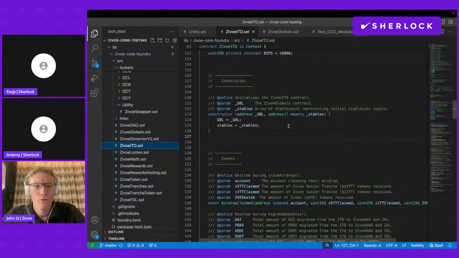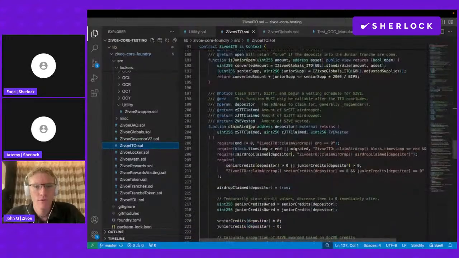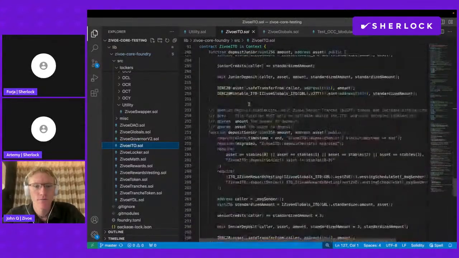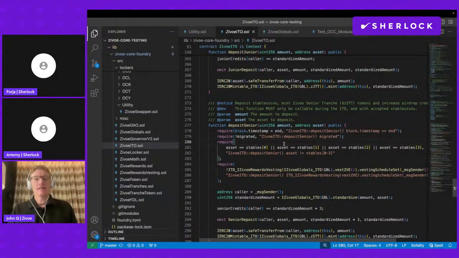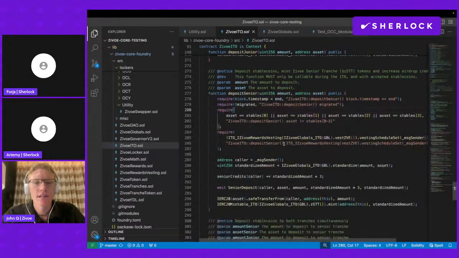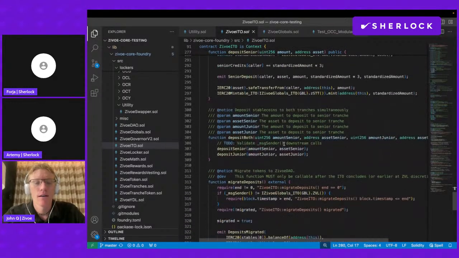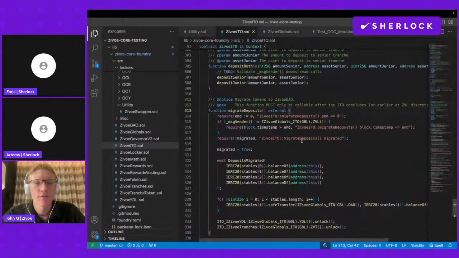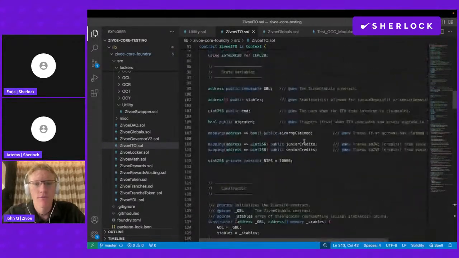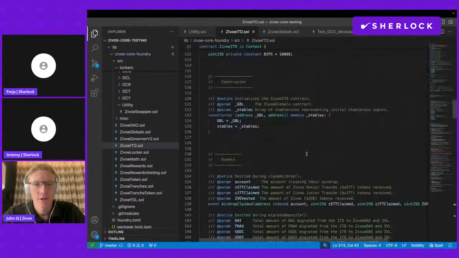And I can do deposit junior, deposit senior. And there is a set amount of ZVE that is set aside for this event. And so once the 30 days are up, what will happen is all the stable coins that have been deposited, of which we allow 4 different stable coins for this particular ITO,